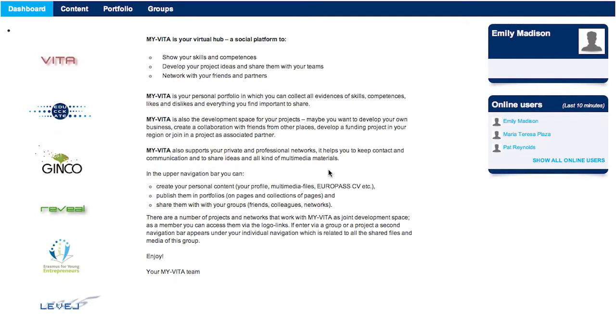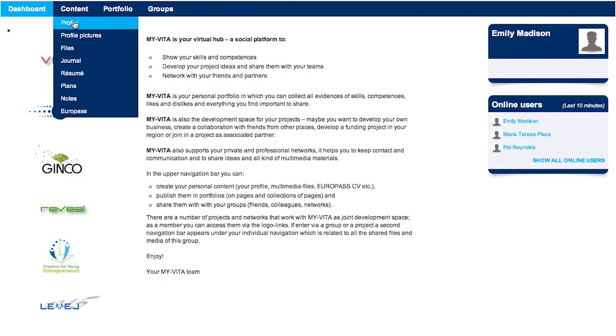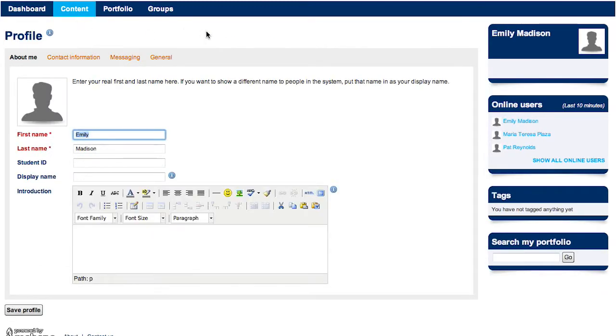Creating a profile. Once logged in to the platform, you might create your own profile. In the menu bar, hover with your mouse over Content, and when a drop-down menu opens, click Profile, first item. The profile page is shown, where the first name and last name fields are already filled in, according to the information